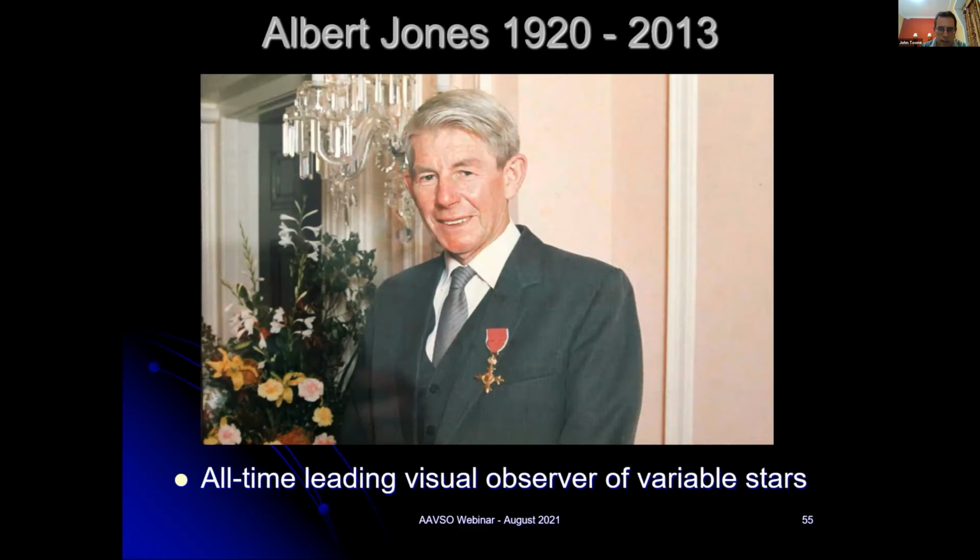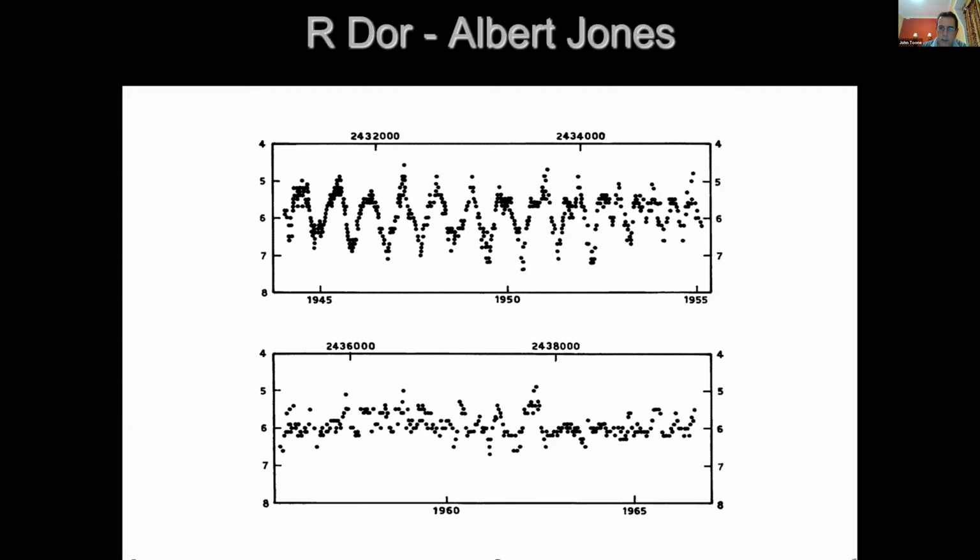This photo is taken at Government House back in 1987, a couple of months after he co-discovered supernova 1987A in the LMC. He's just been awarded his OBE for services to astronomy, ostensibly for visual photometry. Typically, this is some of the work that Albert's done. He's been observing for so long that this star, R Doradus, has changed form in variation, rather like V Bootis was illustrated earlier on. But Albert's own observations can depict that.